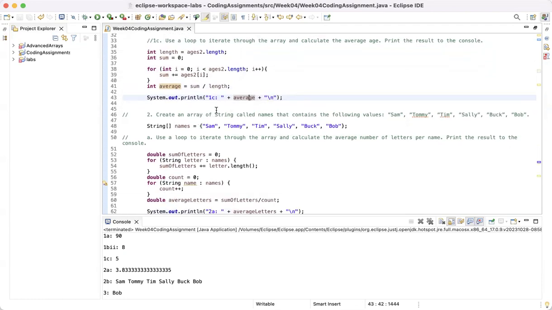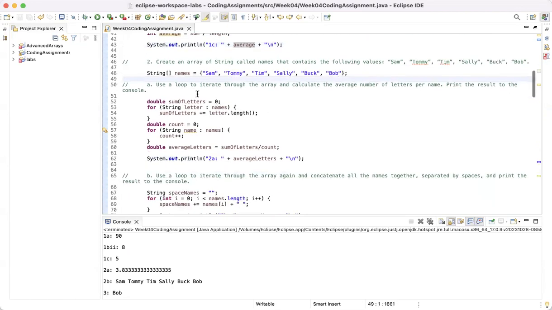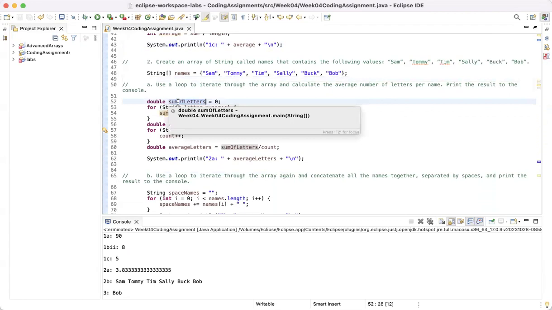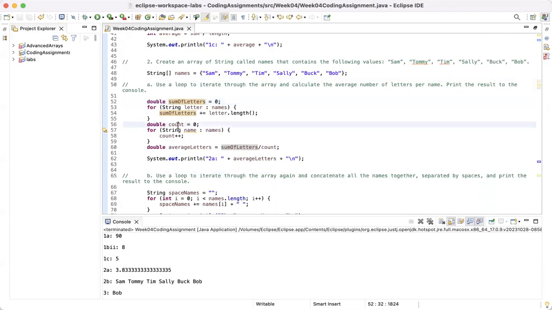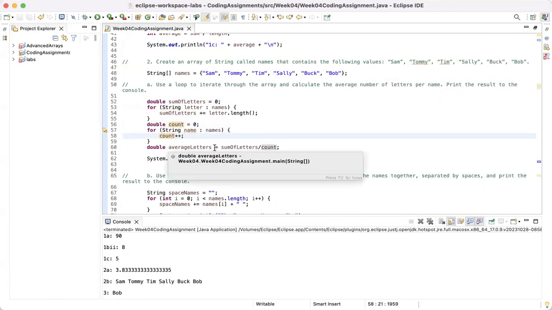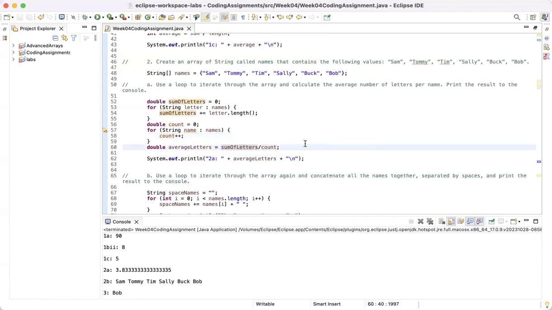Number 2, create an array of string with all the names. Here that is. Use a loop to iterate through it. Okay, so we have a variable called sum of letters equals 0. For every name in names, we add the name length to sum of letters. We create a variable called count and made it equal to 0. So for every name in names, we iterate through that and we count up. To get the average letters, we use the sum of letters and divide that by the count, and we print that out. So 2a is